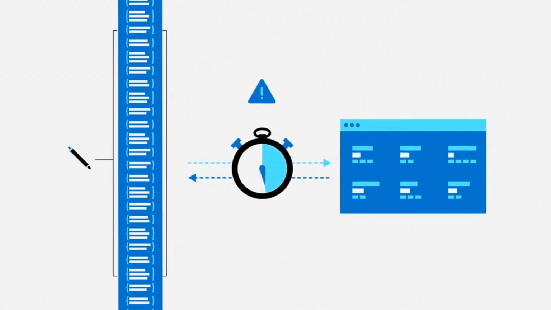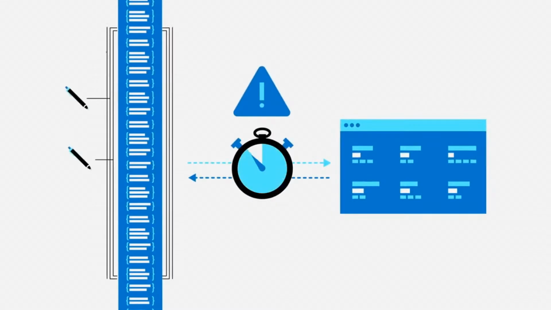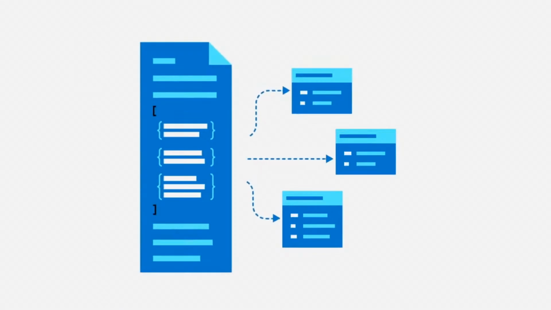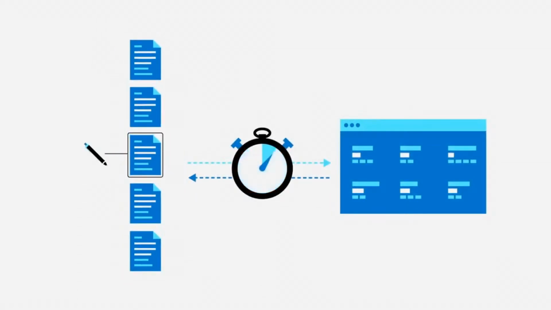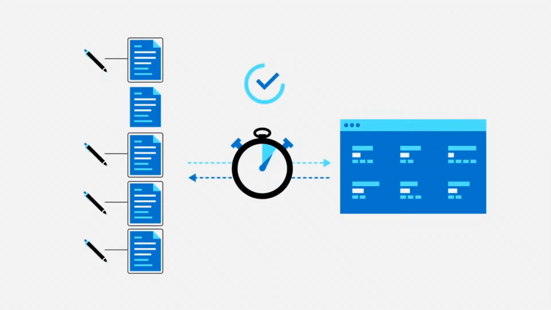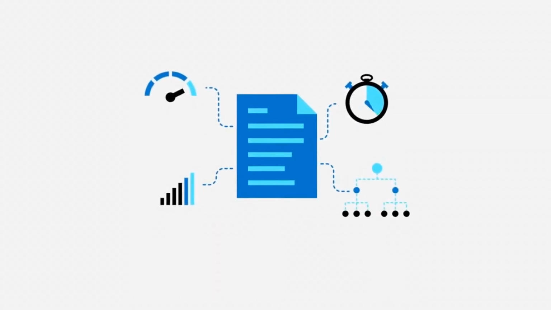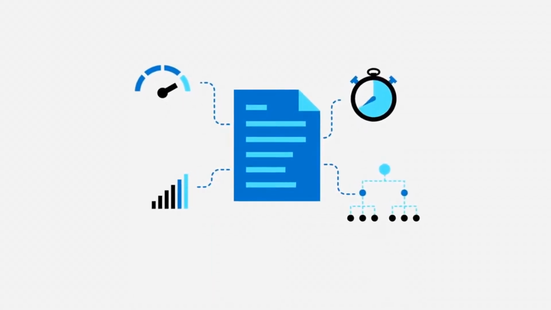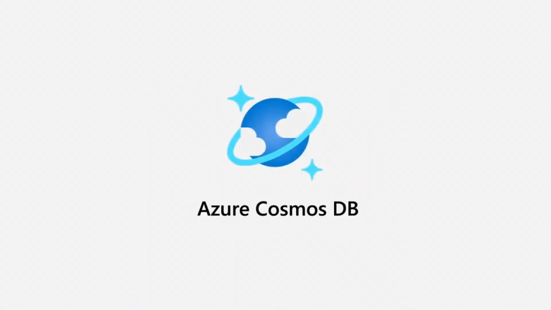Embedding falls short, however, when there's no practical limit to how much data will be stored and you reach the maximum size for a single document. It's also not ideal for write-heavy applications because it can lead to bottlenecked requests. In those cases, it's better to use referencing or normalizing like you would for a relational database. By creating unique entities that reference one another, you can break up write requests and break down large documents to speed up your application. Enable top speeds and seamless experiences at any scale with Azure Cosmos DB by implementing the right data model for your application from the start.